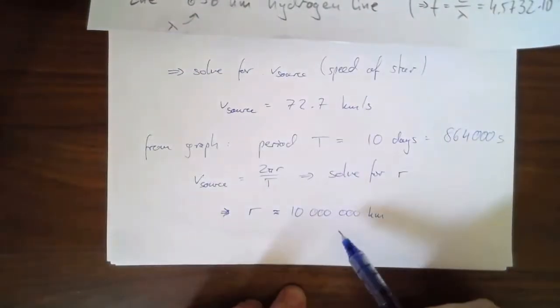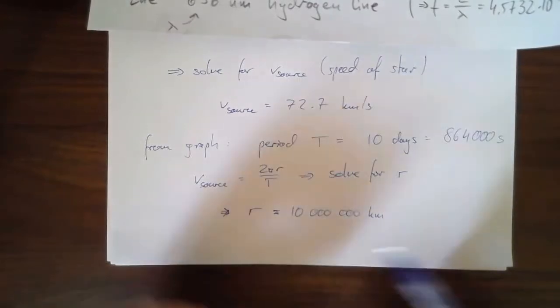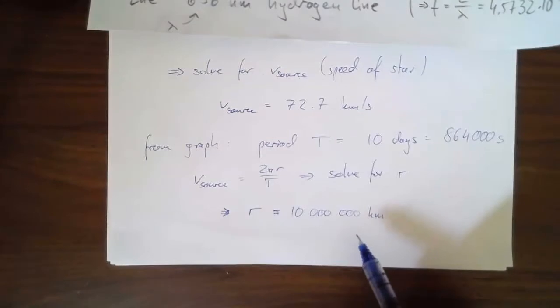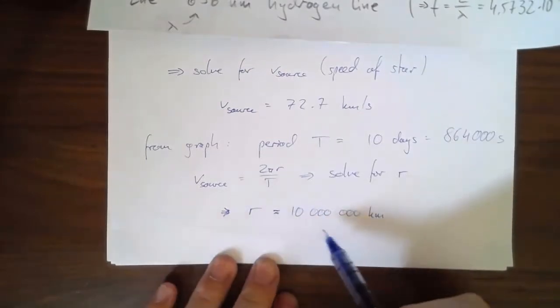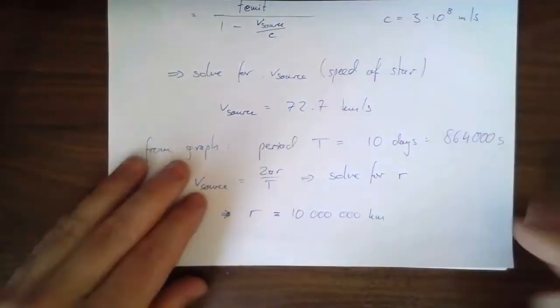So that's about 1/15 of the distance between the Earth and our Sun. So they're fairly close to each other. So can I find the mass from that now? That's what my other claim was, right? I found the distance between them. It's twice that, 20 million kilometers, the radius of the circle being 10 million kilometers. Can I find the mass? Yes, I can, because I understand gravity, right?